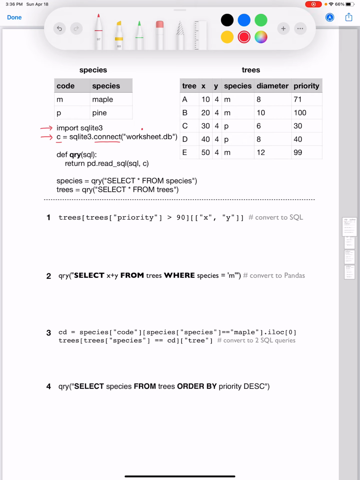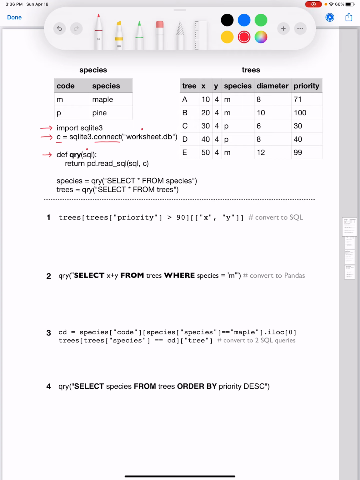Go ahead and assume that we have imported the pandas module with the abbreviation as PD. I haven't shown that particular import statement as part of this code snippet. Let me talk about the QRY function, which is very similar to the QRY function that we used as part of the previous lecture. This particular function has one defined parameter, which is SQL. It is going to take as argument the string SQL query.